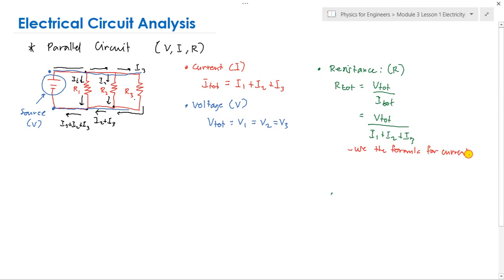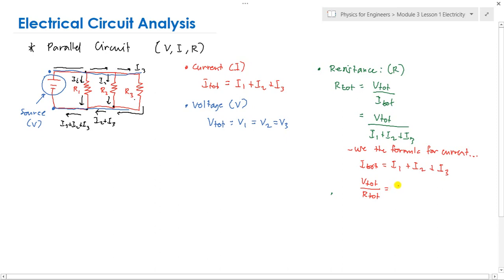Formula for current, diba? In current, that is I total is equals to I1 plus I2 plus I3. We all know that the total current is just equal to the total voltage over the total resistance,